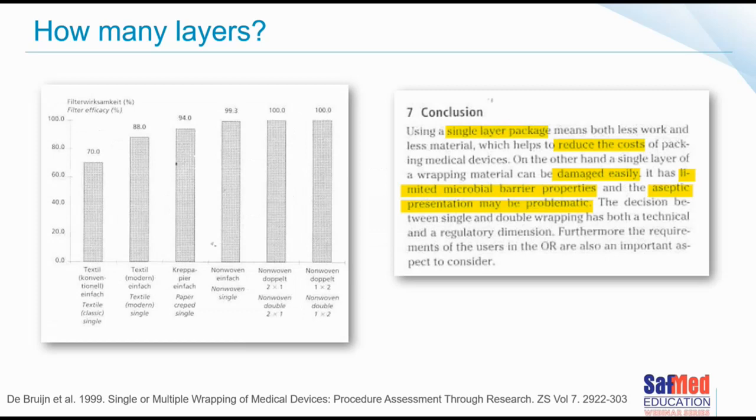At the end of the day, he refers to bacterial efficacies of various materials. And in this context, he spoke about some textiles, he spoke about crepe paper, and he spoke about non-wovens. So a number of years ago, I was aware of a system that the Dutch were using at the time, and it was like a guide for how long something would stay sterile for. And I'm just using some suggested explanations or examples. So, for example, a light handle or an item packed in